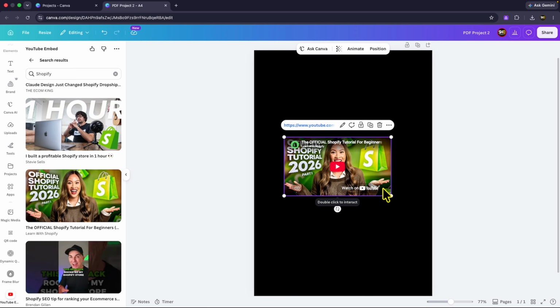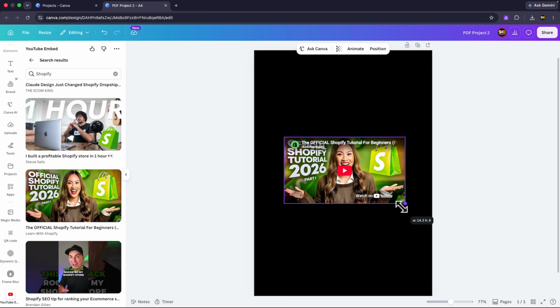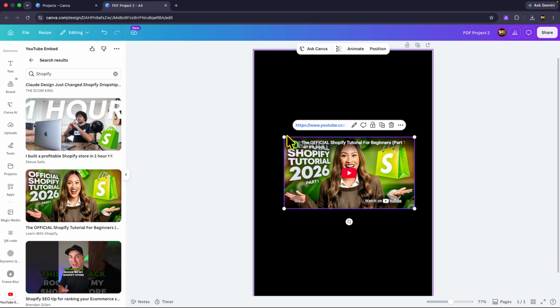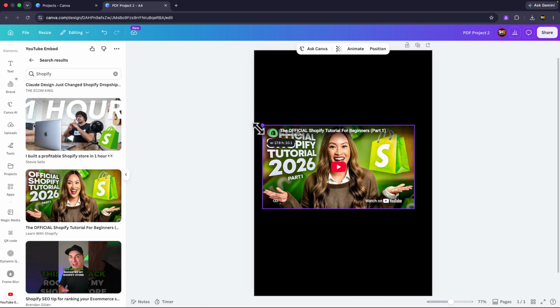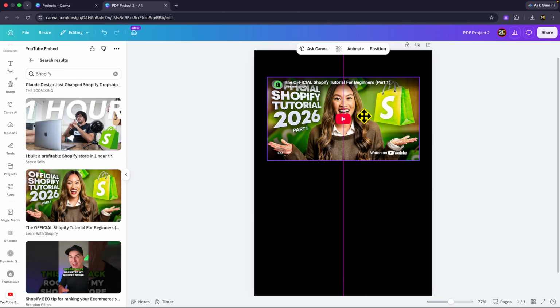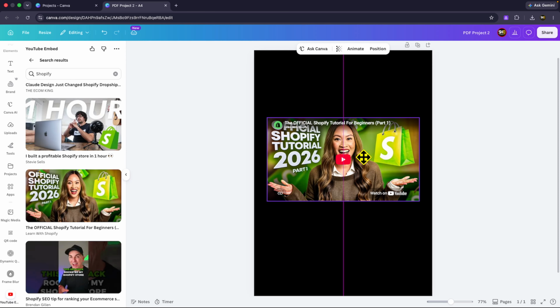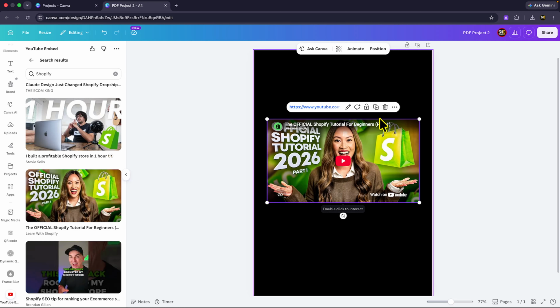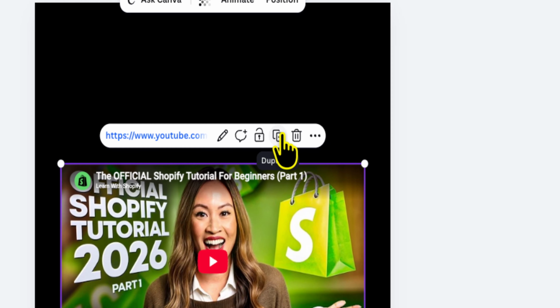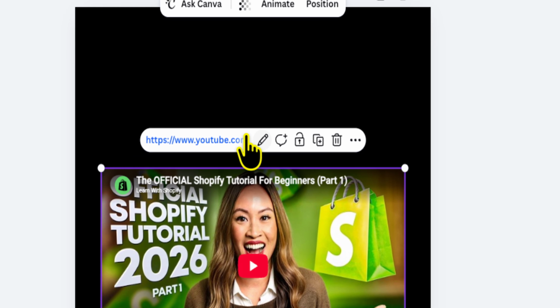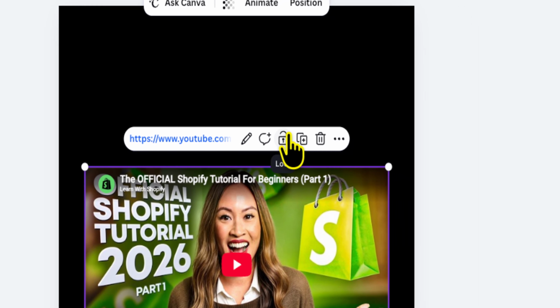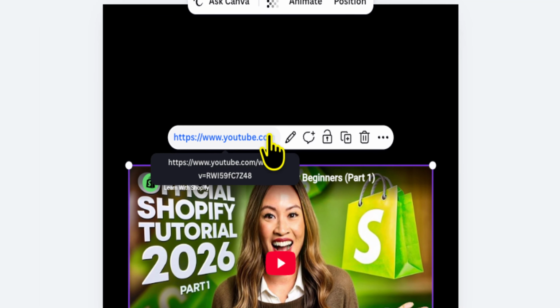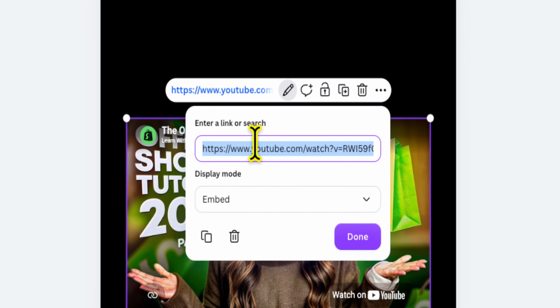Once the video is added, you will be able to click on the corners of the purple outline to resize it. You can click and drag to change its position. You can also duplicate it in the toolbar that appears above the video, and you can also change the URL if you'd like to